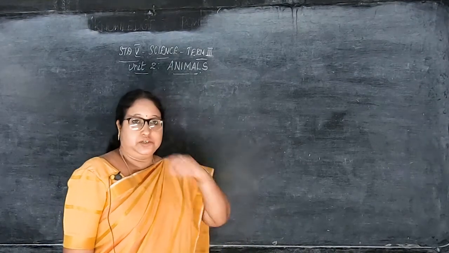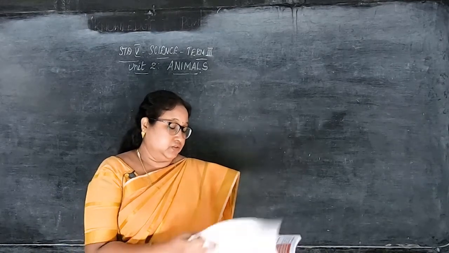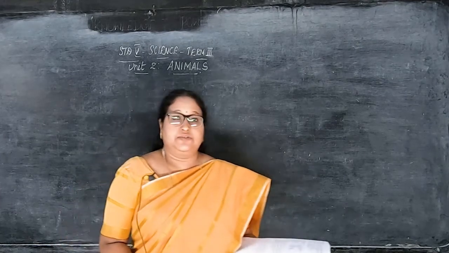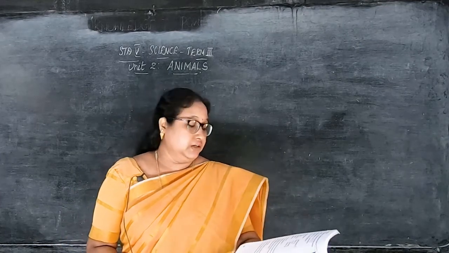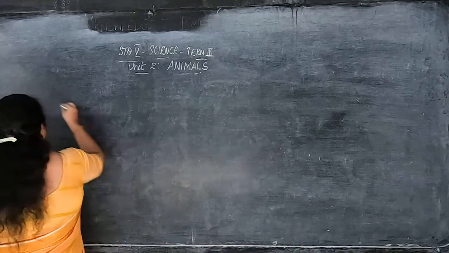That is term 3 portion. In previous class itself, we have started these book back answers, children. That is choose, fill up, match the following and answer in brief. 3 questions we completed. I think you have finished in your classwork, children. I will continue with the fourth question, okay? That is the fourth one.